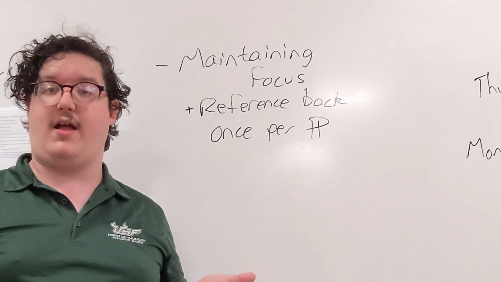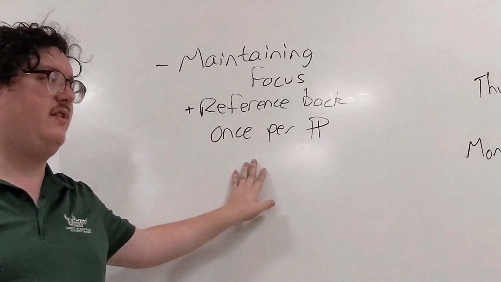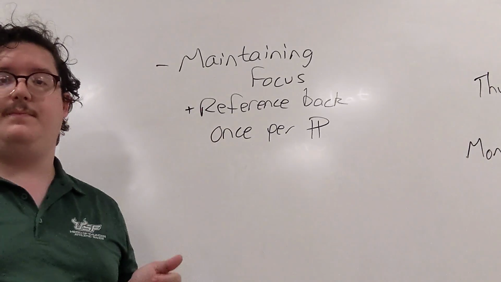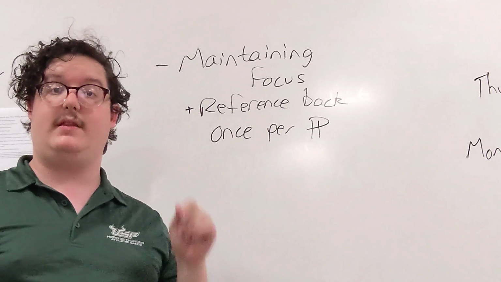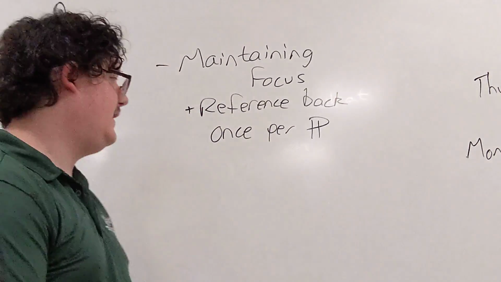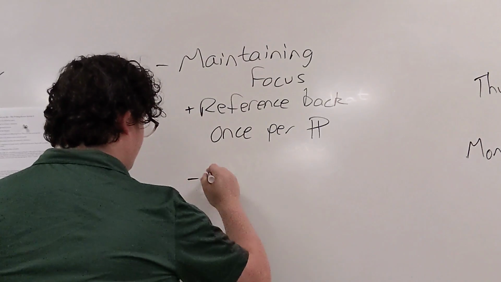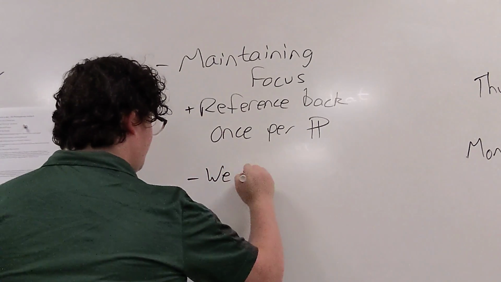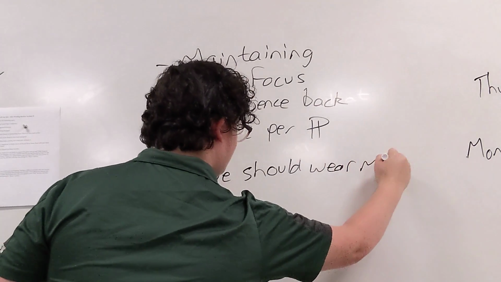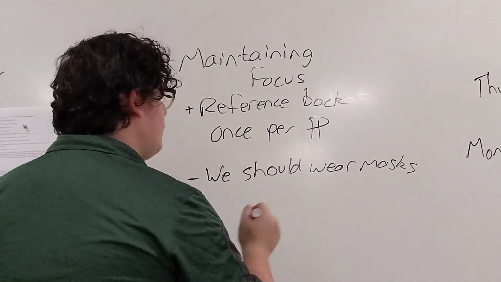You can copy your thesis down if you really want to, or if you have issues with restating your thesis, you can copy it down again in a new way. But what I like to do is one of 2 things. Either I reference it in the opening sentence of every body paragraph. For instance, let's say we're writing an essay on why we should wear masks. My thesis might be something like, we should wear masks. Easy as that, right? Make sure you guys can see it. Yes. Okay, we should wear masks.